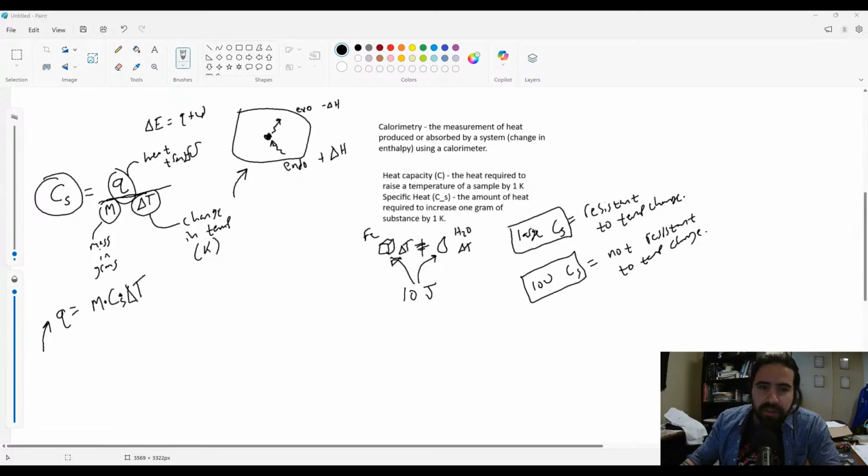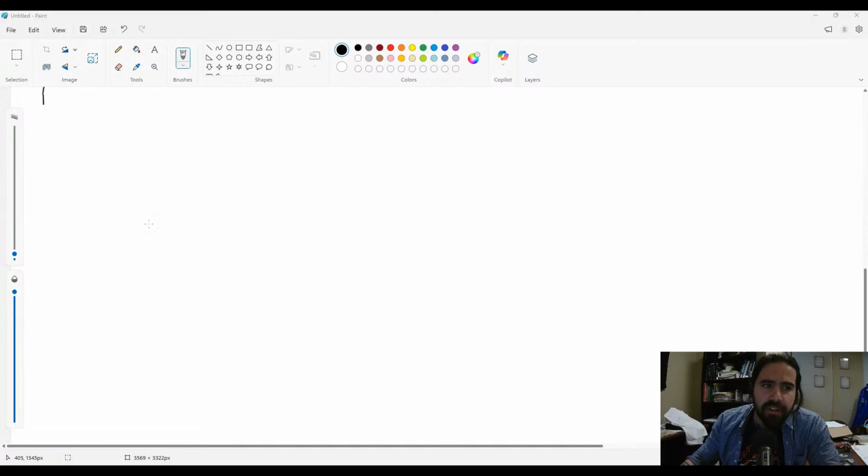So, without any further preamble, we can finally start talking about actual calorimetry here. So I'm going to scroll down a little bit here. And again, I'll always send you guys this image, and then you can take screenshots as you wish. So what does a calorimeter look like? So the way this works, there's a couple different forms, but usually what you're going to do is you're going to have some container